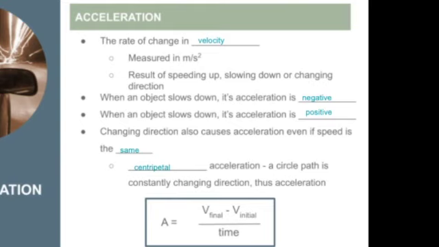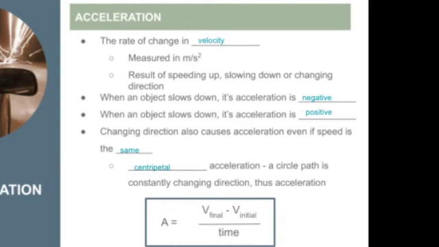Changing direction also causes acceleration, even if the speed is the same. If you think about cars, you can set your cruise control so that the speed stays constant. But if that car, going let's just say 30 miles per hour, takes a curve, it's changing the direction. Might have been going north and around the curve, now it's going east, that is considered acceleration